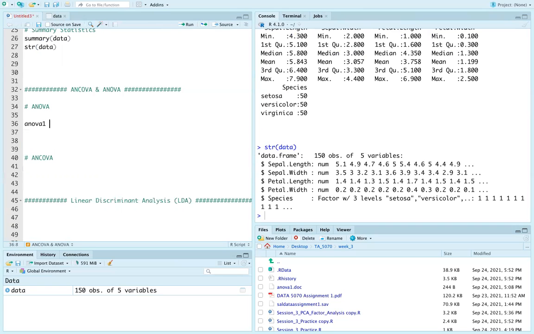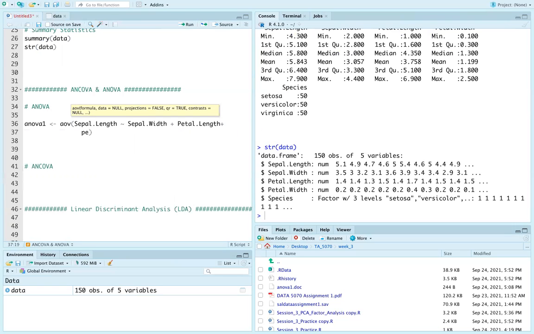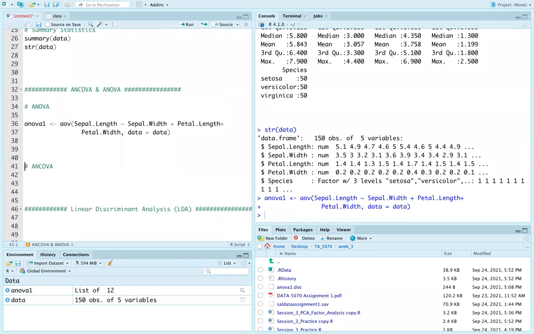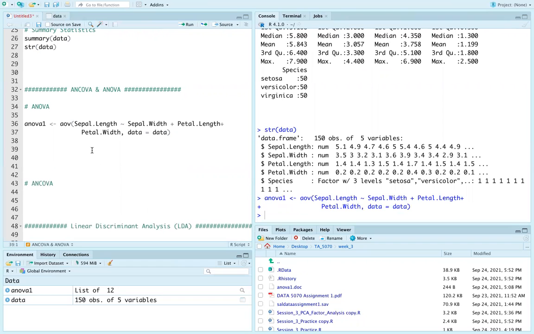So I want anova1, and I want to call the aov function for ANOVA, and I want to look at sepal length. Let's do that to sepal width plus petal length plus petal width. We need to also make sure to tell R what data set we're using. We're using data. Here we can see that it successfully ran. And now if we get the summary of anova1,